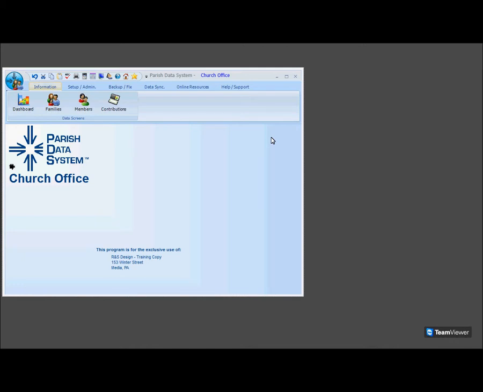We're going to be looking at Church Office today. We're working out of version 6 of the program, which is currently the most current, although version 7 will be coming out in June of 2013. When we're looking at the screen, across the top of the screen, we have a row of buttons that are